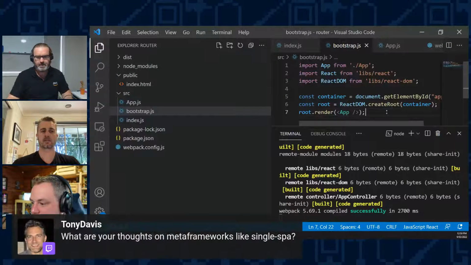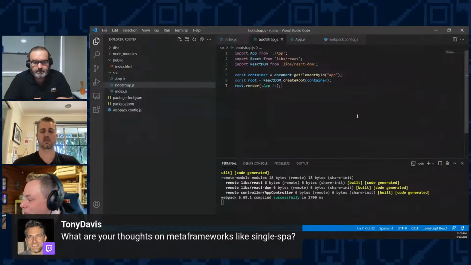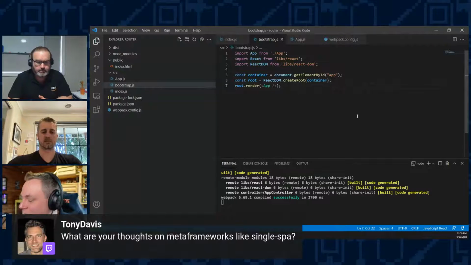And Tony Davis has asked, what do you think of single-spa? The single-spa kind of framework, I guess I'd call it. I haven't really thought too much on it, but I think that's a really good way of doing microfrontends that we've seen a lot of companies implement as well. Most companies usually start with a React base. And so they've already got their routing, they've already got their main site. There would be a bit more of an architectural change to get to a pattern like what single-spa has, if I remember correctly. I don't know if Aaron or